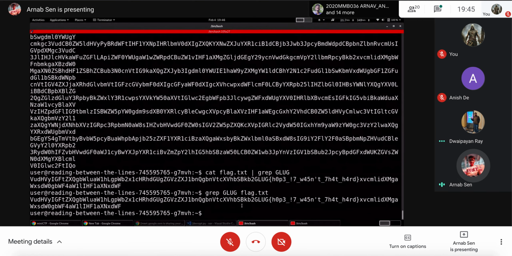Yeah, so you can do that as well. You can also try writing a regular expression there, per type. I don't know how to write regular expressions. I mean, I know how to write, but I'm not very good at it. You can try it like cat flag.txt | grep -P, capital P, then quotation.